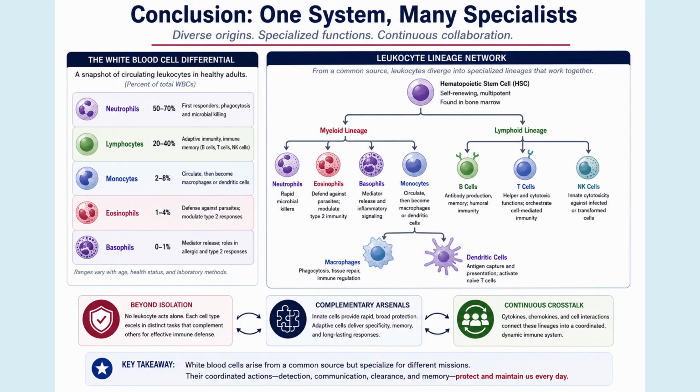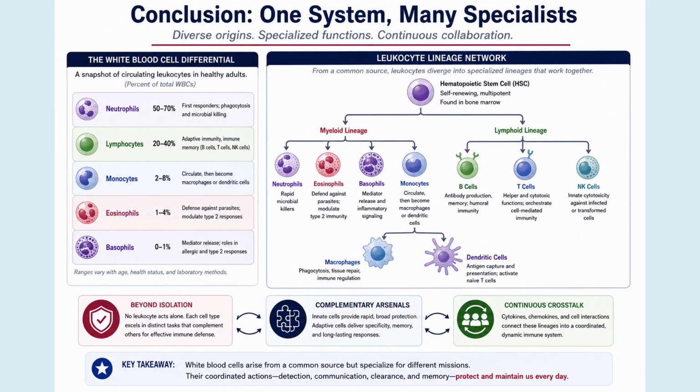Eosinophils deploy granule contents against large extracellular targets. Basophils act as potent inflammatory signalers, and monocytes leave the circulation and contribute to specialized tissue populations. We saw macrophages function as adaptable tissue sentinels, and dendritic cells carry information from peripheral tissues to the adaptive immune